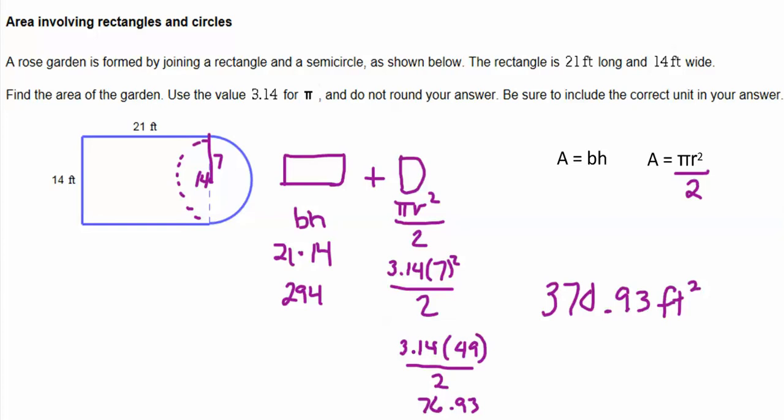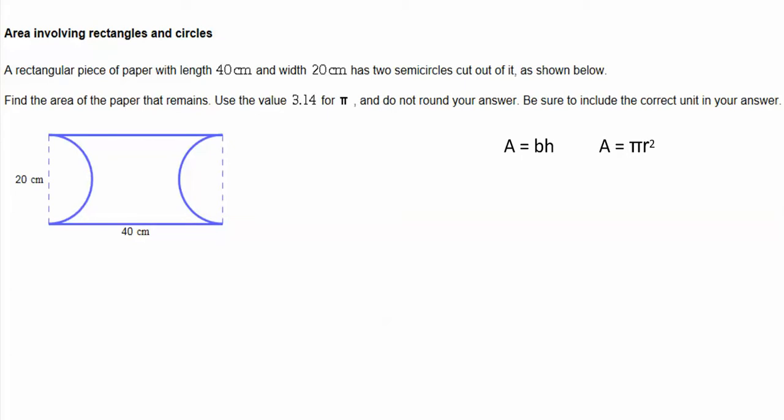Taking a look at a second example, we're going to approach it the same way with our shapes plan, but you can see that our shape is a little bit different. Okay. In this question, it says a rectangular piece of paper with a length of 40, you see that down here, and a width of 20, you see that out here, has two semicircles cut out of it as shown